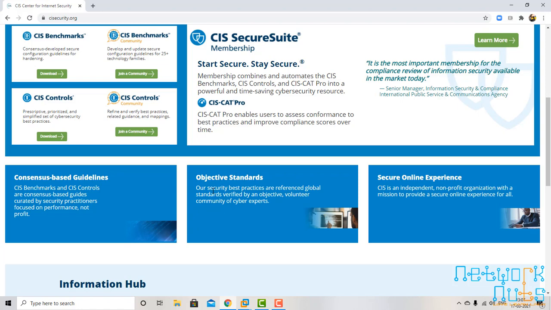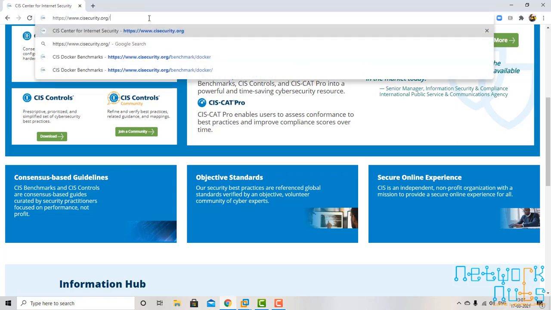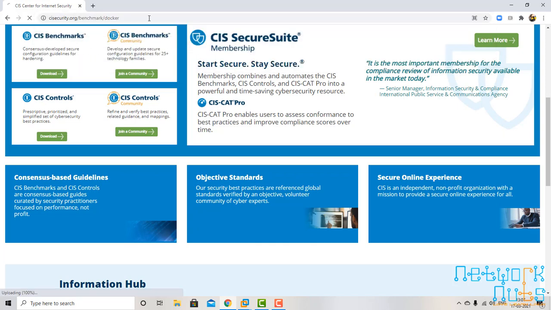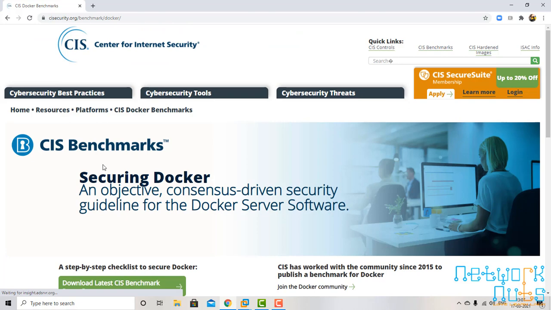They give us a very interesting tool, that is the Docker Bench Security. If I go to a particular page, it is benchmark Docker. Go here. This is the location.